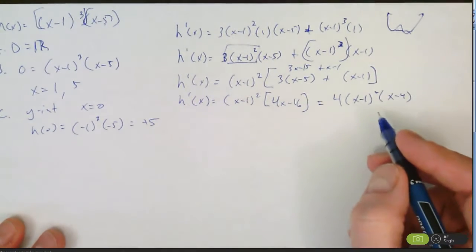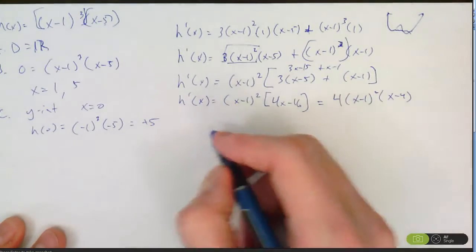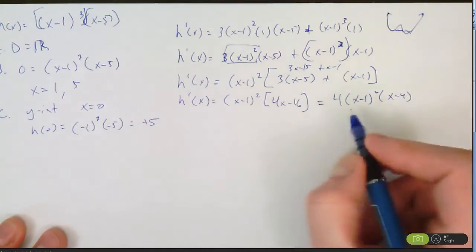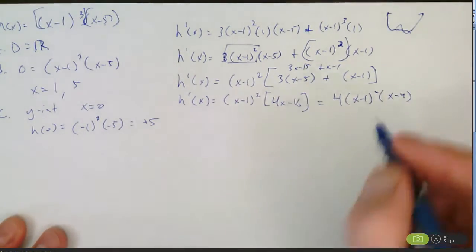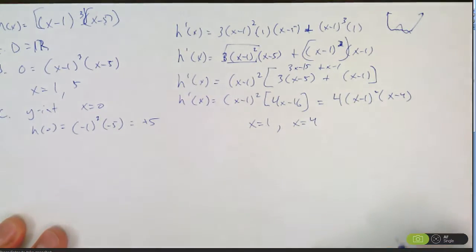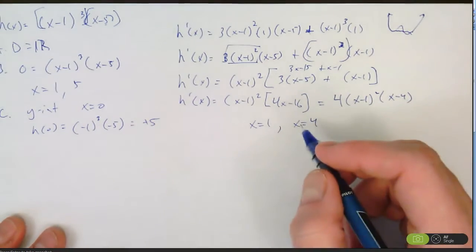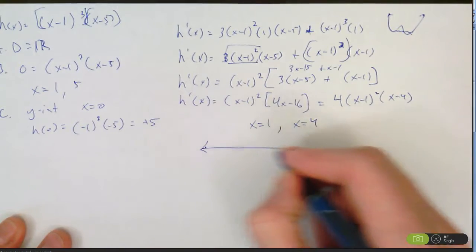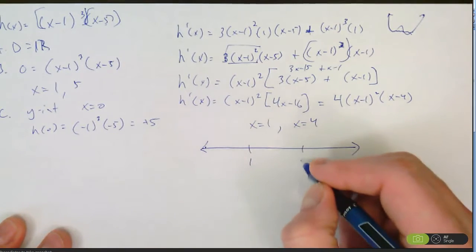That gives me then 2 zeros of 1 and 4 for my extrema. Again, I'm looking for the first derivative equaling 0. That happens twice. x equals 1, and x equals 4. Okay. Now, before I can determine if this is a max or a min, though, I have to do my first derivative test on the number line to see if I'm going to have